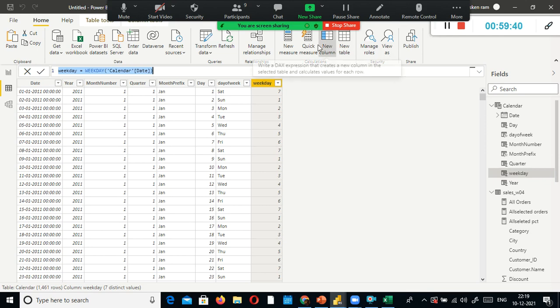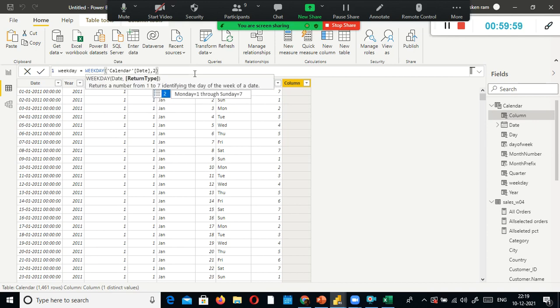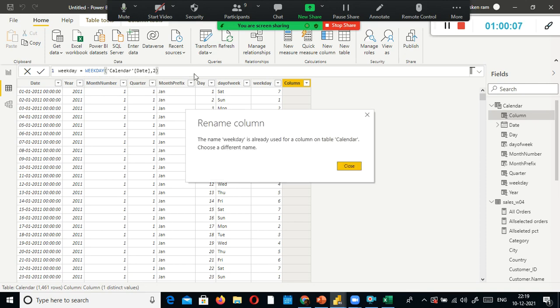I just copy it. Here I am going to give 2. So it returns a number from 1 to 7 identifying the day of the week of the date. Let's see what happens here.